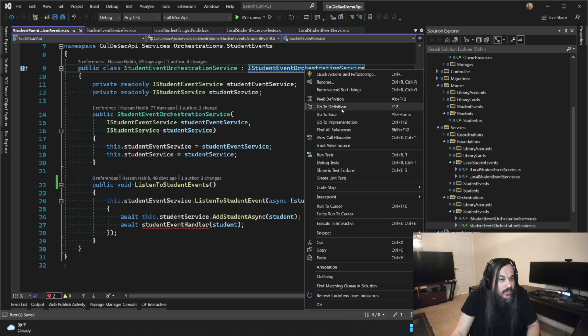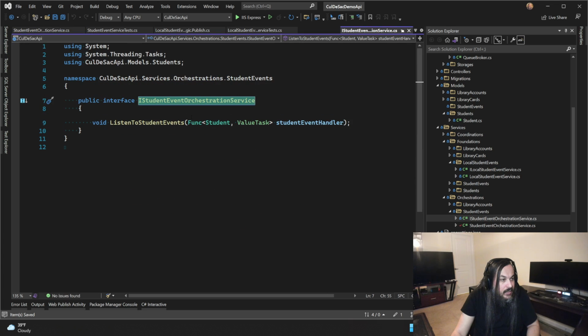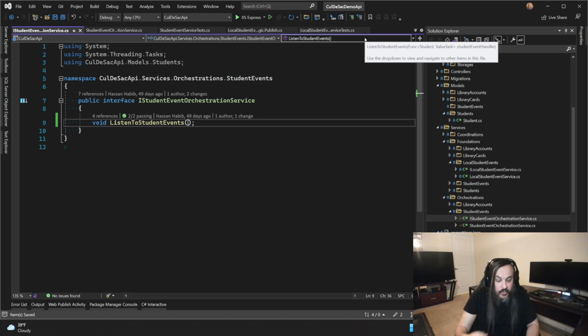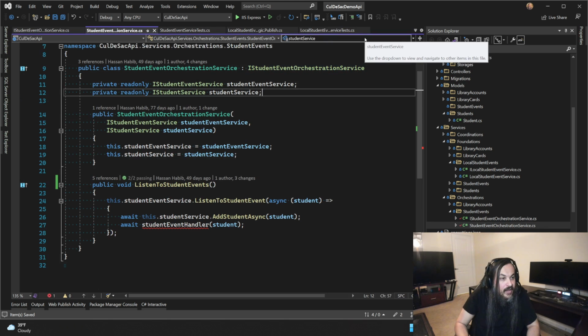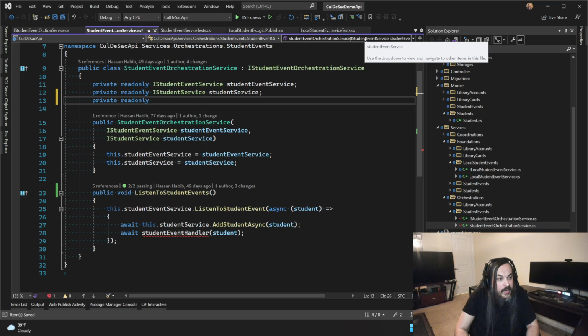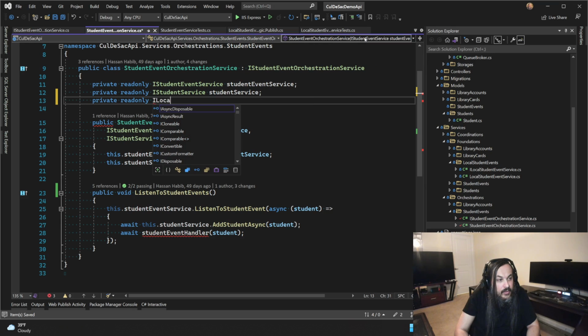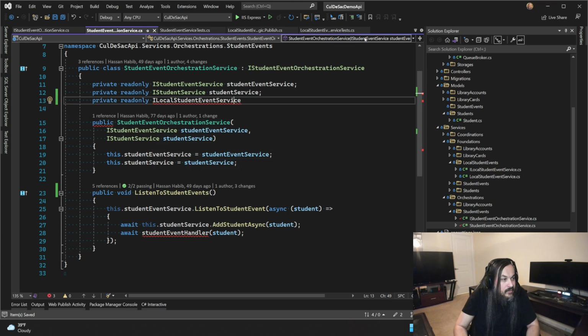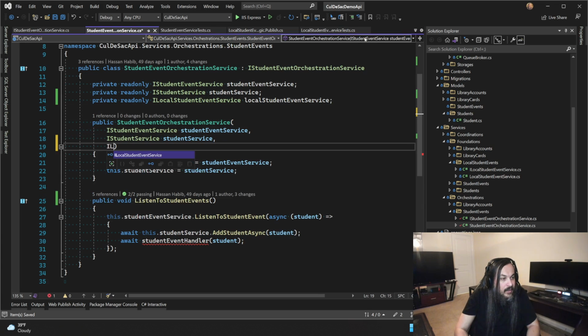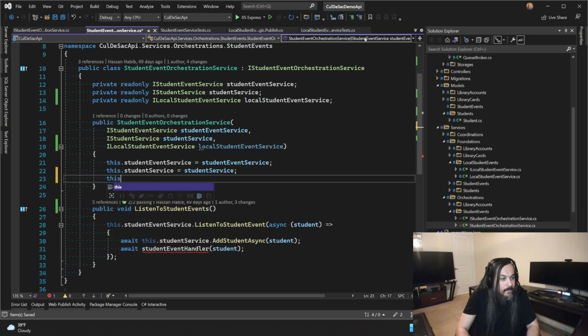How are we going to do that? Let's change our interface in here, and our interface doesn't take anything anymore. It just listens to events and processes them the way it wants. And we have now a new player in the block, your ILocalStudentEventService. This is the service that we just built. That's your local student event service, just like that.